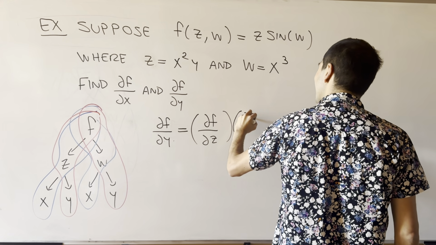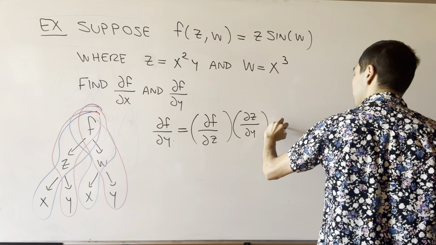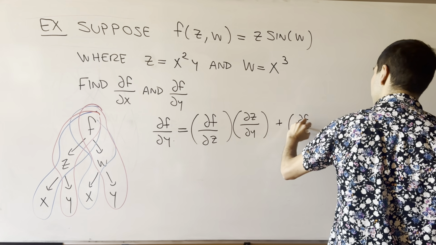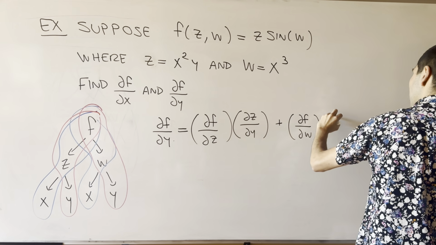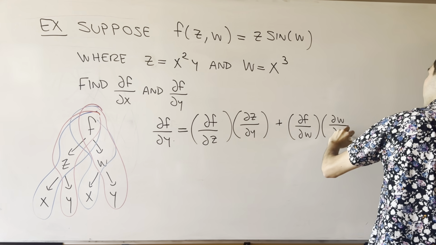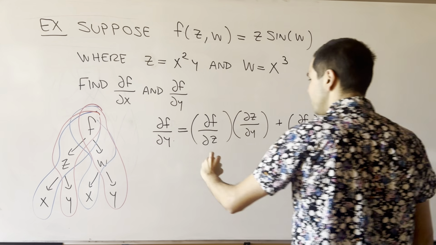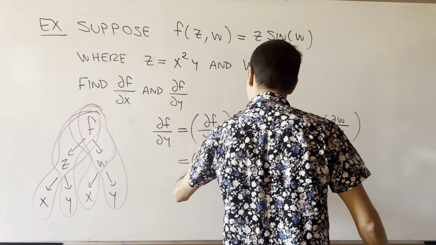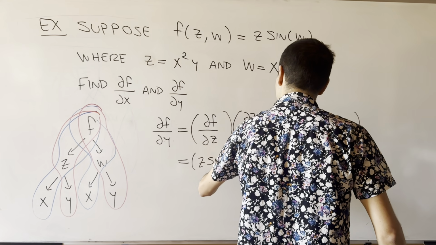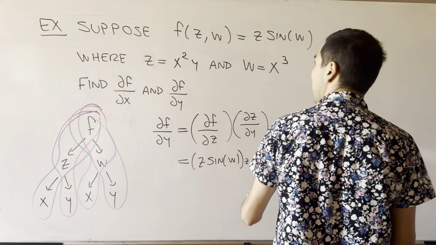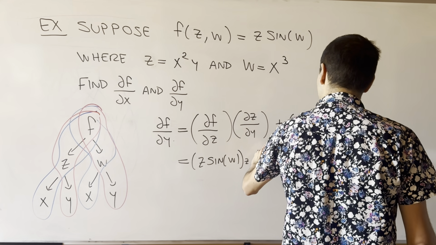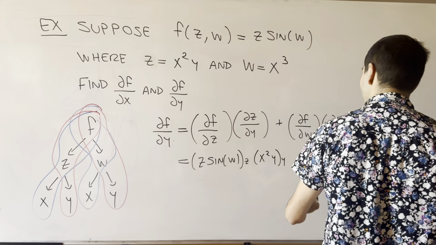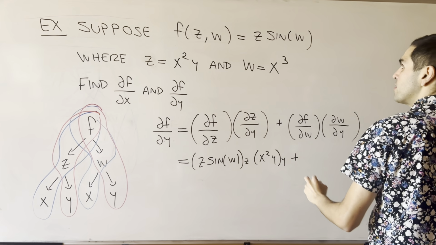And then dz over dy, and then plus df over dw, and then dw over dy, which now becomes z sine of w with respect to z, and then x squared y with respect to y,